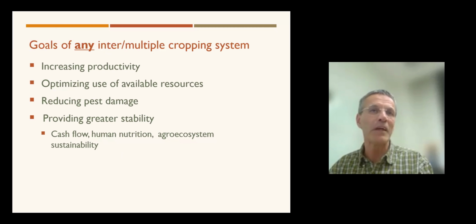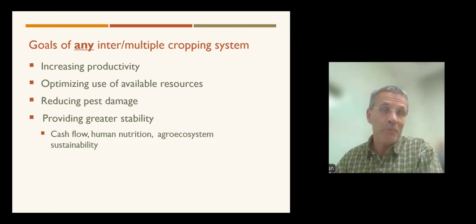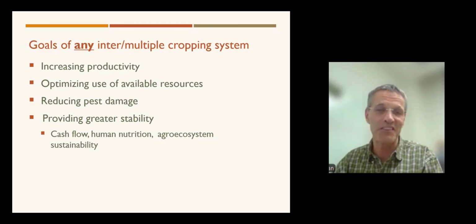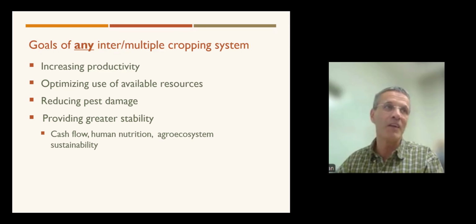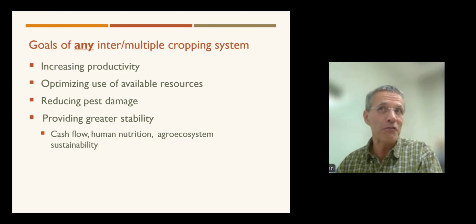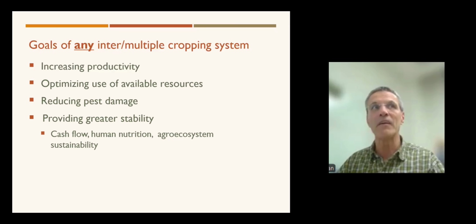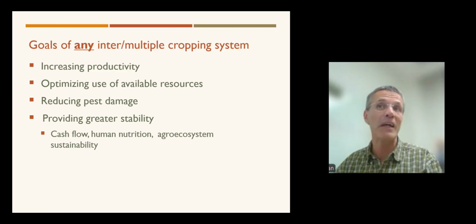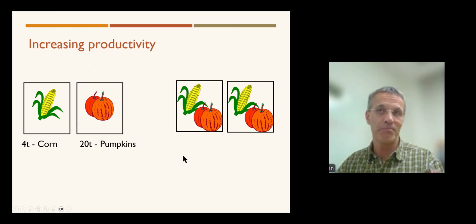And so when we look at some of these a little bit more, how do you increase productivity compared to monocrops? Because, if you look around the world, most crops are produced in monocrops. So gigantic fields, at least in those countries where you have those fields, very big fields, all a single crop. And there are good reasons for that, but especially on smaller acreages and where you have more limitations on the land, there is a good reason why you might want to do multiple cropping or multiple crops in one particular field.